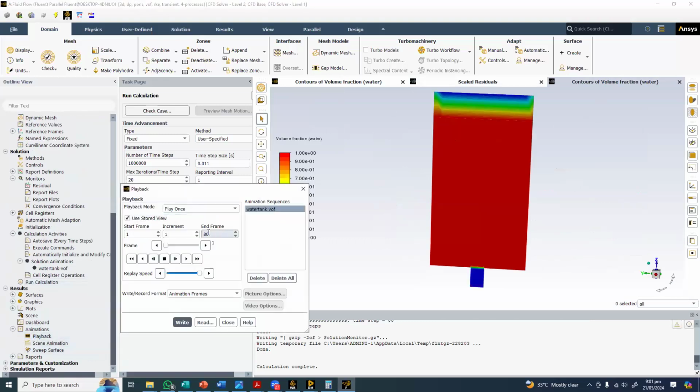Right now we have 80 frames. So you can click on the play option. See it again. Initially there was air here, and the air exited from the bottom, and you can see the